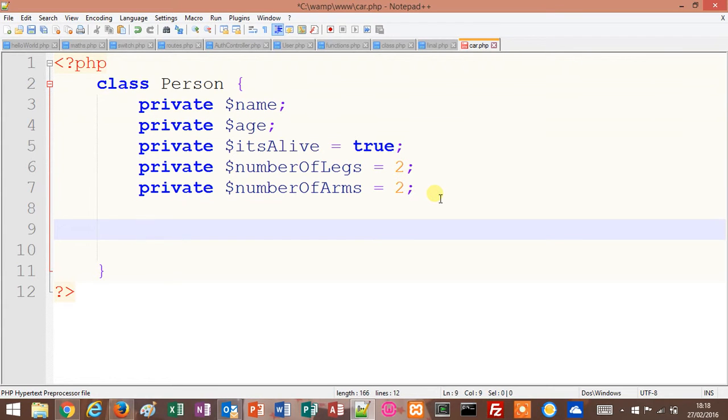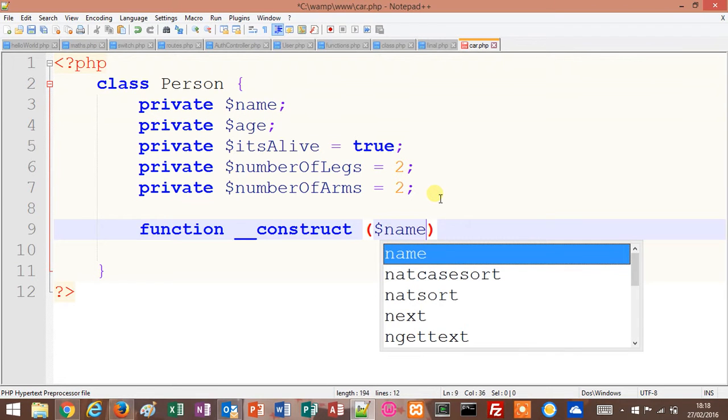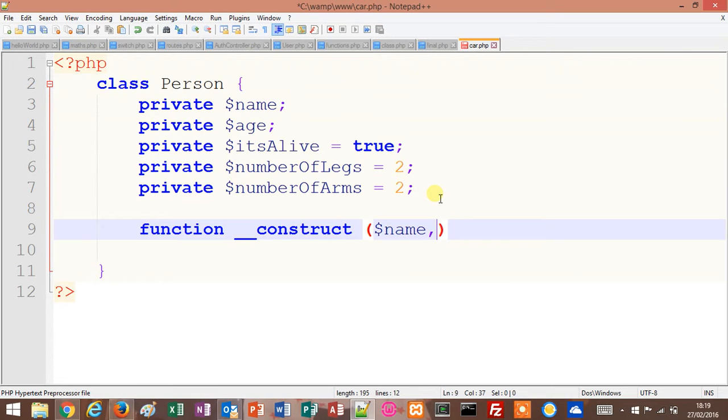And now what we're going to do is create what's called a constructor. A constructor is something that's present in every class, and it allows the class to be set up easily. So we'll do a function, keyword function, and then double underscore, and then construct. And this construct is going to take in values. It's going to take in a name, it's going to take in an age for the person,